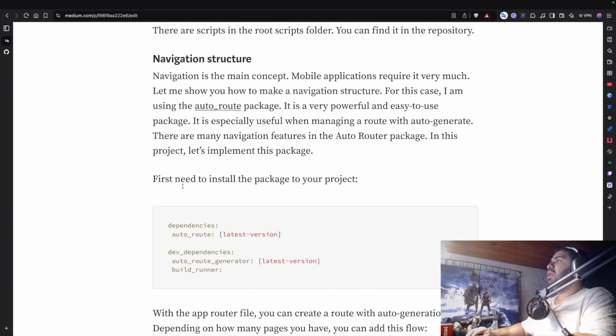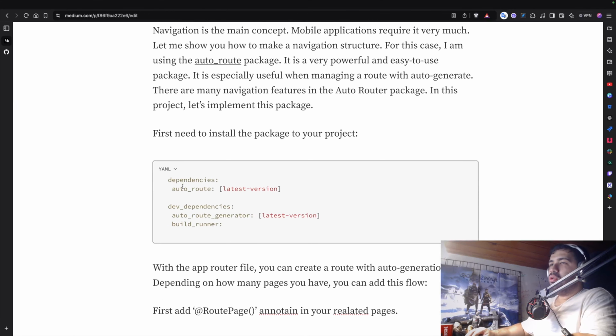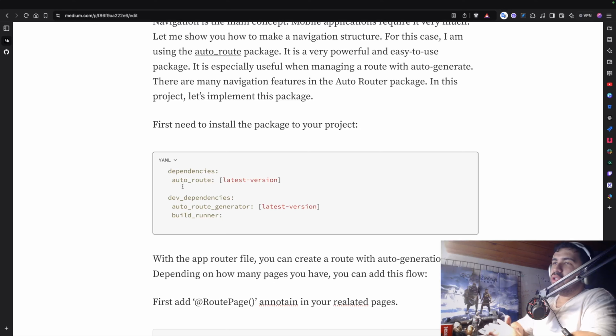The other part is navigation strategy. Yes, I chose auto route this time. Auto route and go route are a couple of good packages for Flutter navigation. Auto router, I think, is the bigger and older one. Yes, definitely the oldest one, compared to go router. It helps with